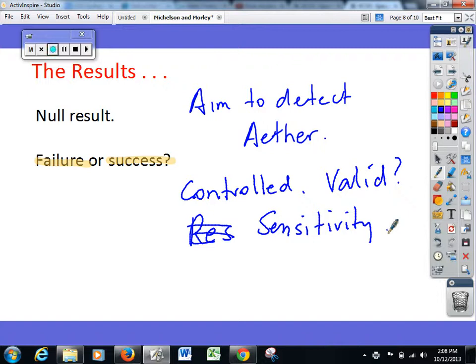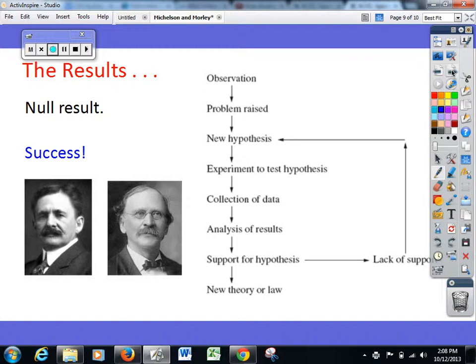So, these were two questions, but painstakingly, both Michelson and Morley addressed each of these issues. And we have to declare it in the end, it's a success. It is one of the greatest null results in history. And as a result, science has changed. If we go and use this as the scientific method here, as an example, and how important the Michelson and